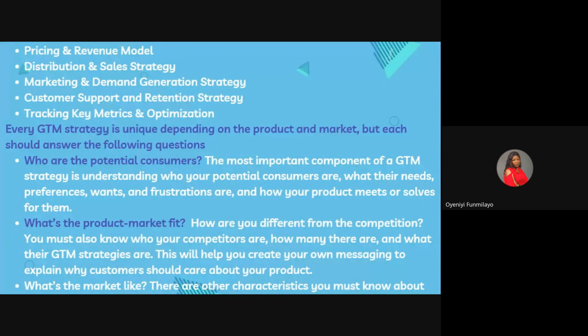And then another core element is customer support and retention strategy. Of course, as a product manager, you will not be the one talking to all the 1,001 or 5,000 users that are using your platform. You have to communicate with the marketers, and you also have a customer support team that would handle every customer's request. They will come and tell you, this is the problem, this is what these users are talking about. Then you, as a product manager, can take up all of those requests and take them back to the engineers. So a customer support and retention strategy is very important.